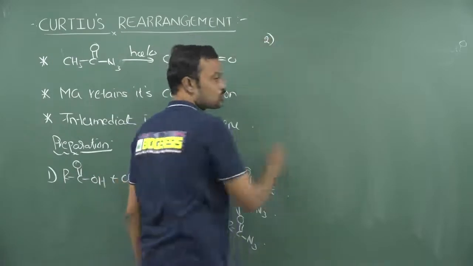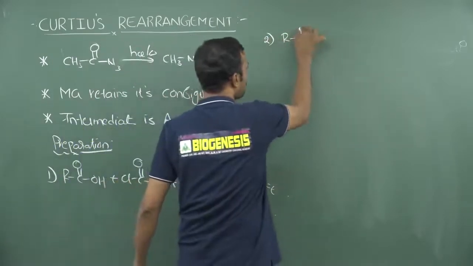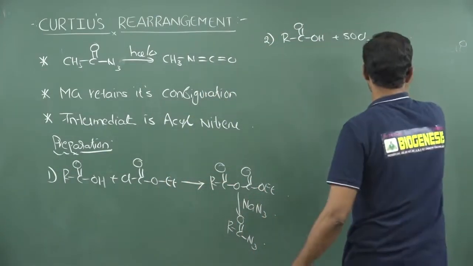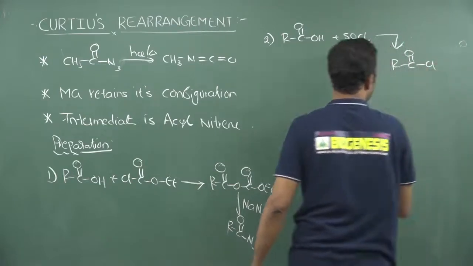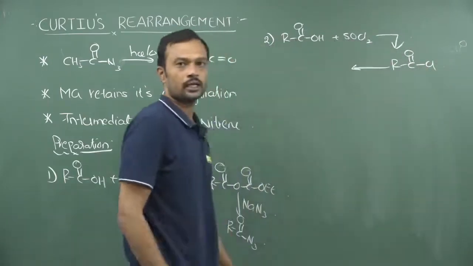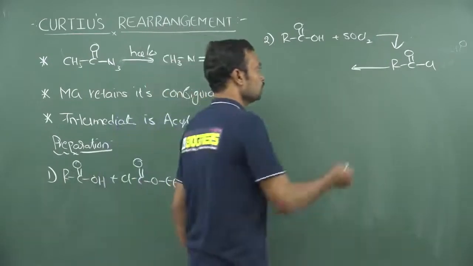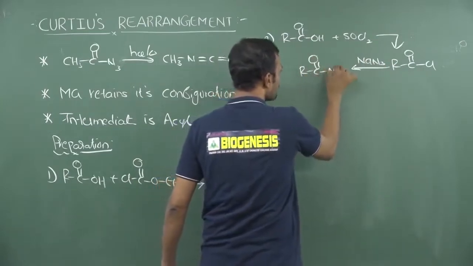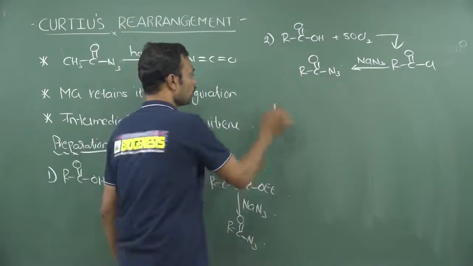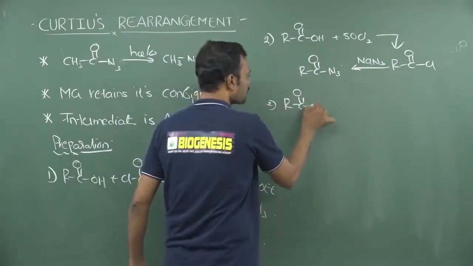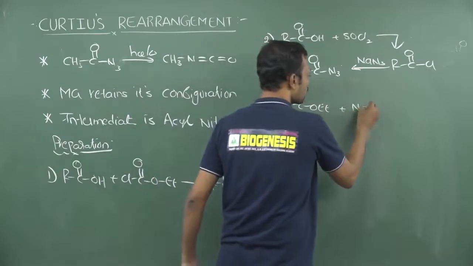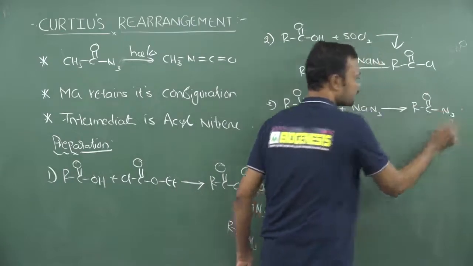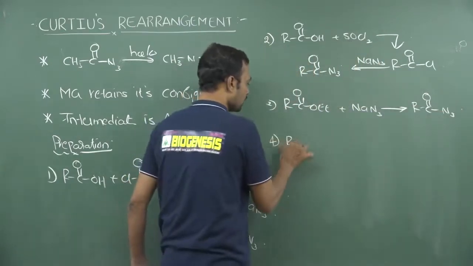Now go through the second preparation of acyl azide. Now I am taking a carboxylic acid. When a carboxylic acid reacts with thionyl chloride, this is called an SNi reaction. There is a formation of acid chloride. Now this acid chloride can react with any chloroformate or any ester, or we can also react it with sodium azide directly. Now there is a formation of an azide skeleton like this. Not only this, you can also take any ester. I am taking one ester, this is OEt. When an ester reacts with sodium azide, directly there is a tendency to form an acyl azide like this.